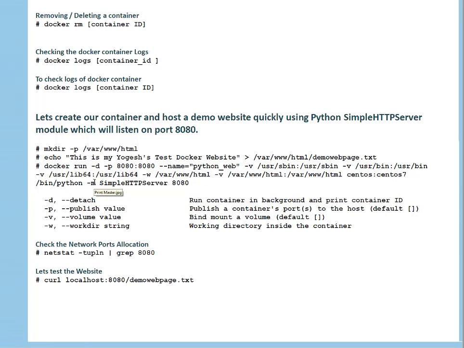-m stands for module. I'm saying use the simple HTTP server module. This is a Python module. And on which port does it need to run? Port 8080. You can choose any custom port, that's up to you. And once you press enter, then you can check whether this port is